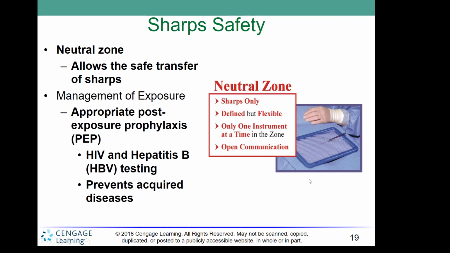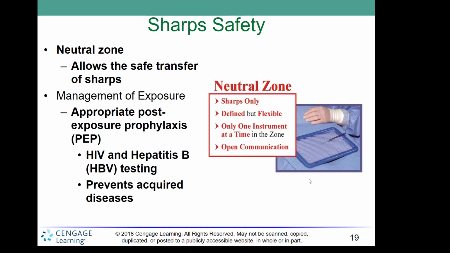Sharps safety. This is going to be something we really practice in lab. A neutral zone allows the safe transfer of sharps. So it's basically an agreement between you and the surgeon of a space where you're going to place sharps without a lot of hand-to-hand contact. So your hand isn't going to be resting in that neutral zone